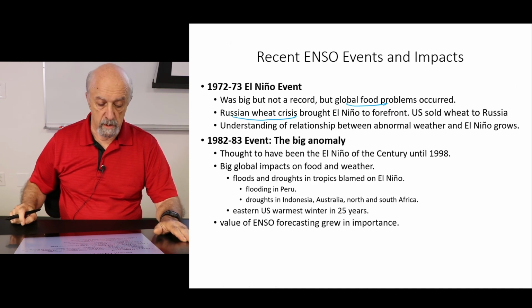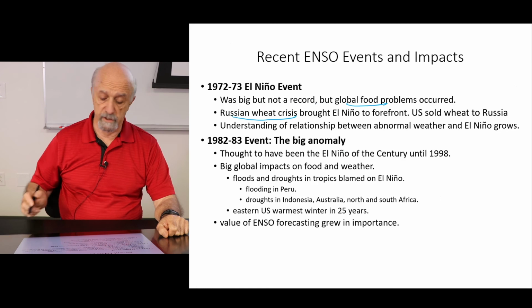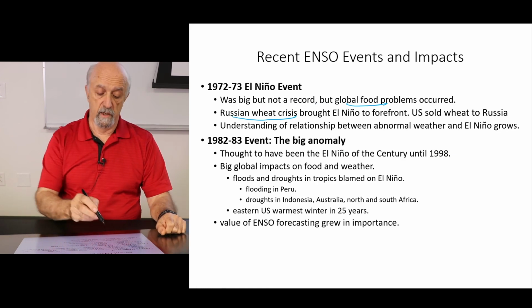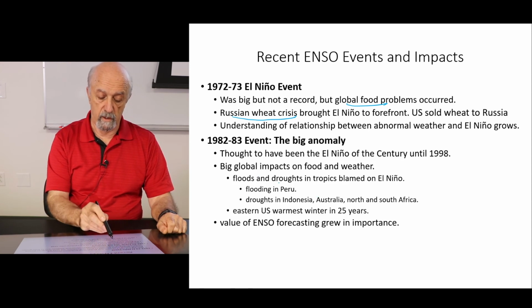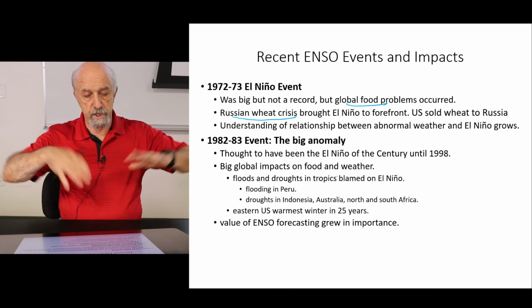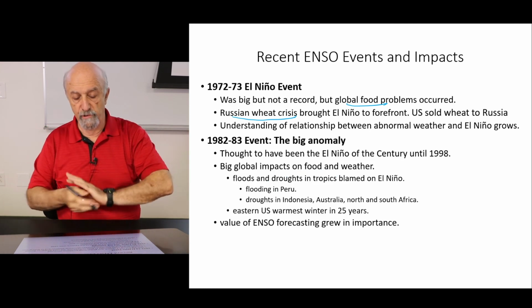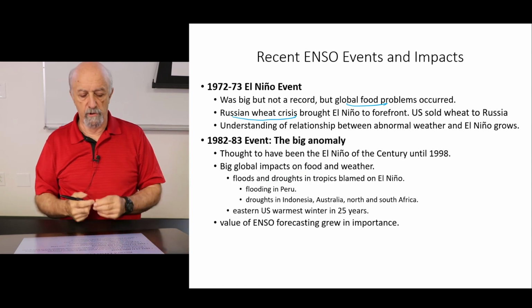So 82, 83 was a big one, one of the most important El Niño events. It was the largest until 1998, which is even higher than this. Got floods, problems with droughts in other places. So it changed the pattern of precipitation. Places where it never rains, it does. Places where it rains all the time, it doesn't. So, people are not happy about it.